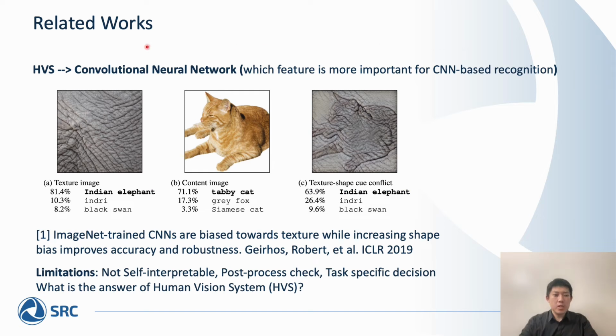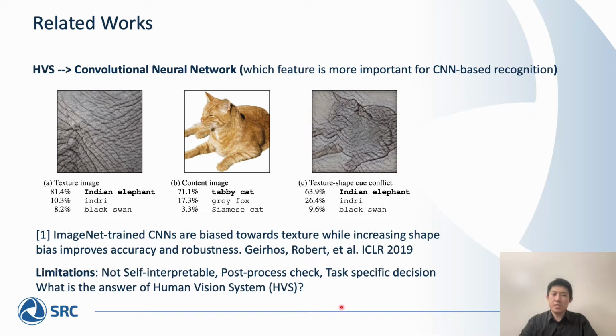Some related works focus on convolutional neural networks, which are a partial simulation of the human vision system. They find ImageNet pre-trained CNNs are biased towards texture because when they merge the texture and shape image together, the final decision will be based on the texture. One limitation is this kind of explanation is not self-interpretable. They are post-process checks. And we're still curious about the question,